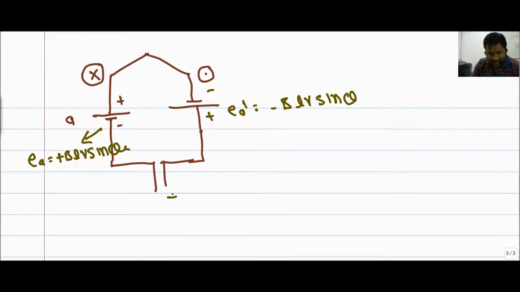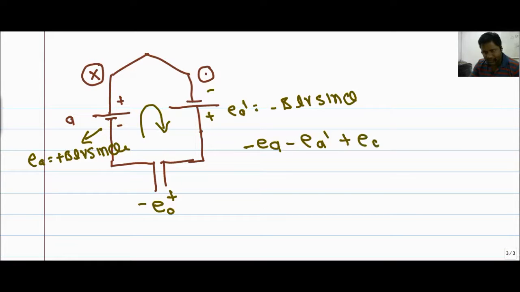If we take the output at this point, this is E out, then we can use the KVL equation. So we have E minus EA minus EA dash plus E naught equals 0. So E naught equals plus 2 EA plus EA dash. So we can say that